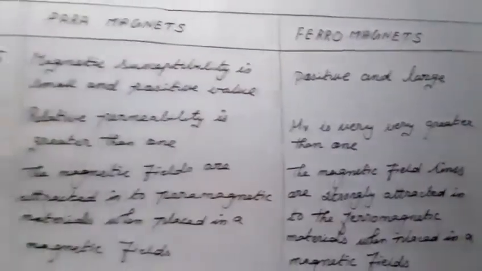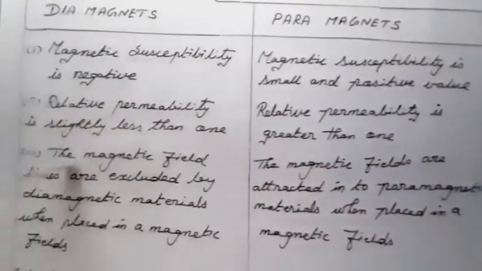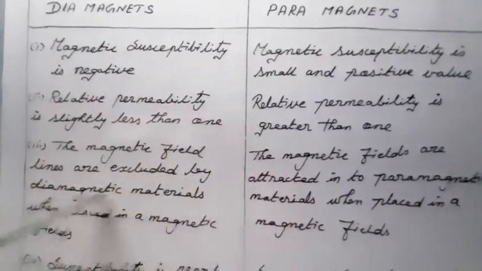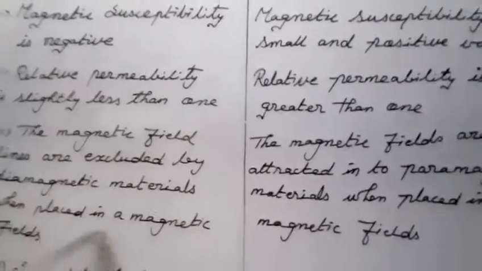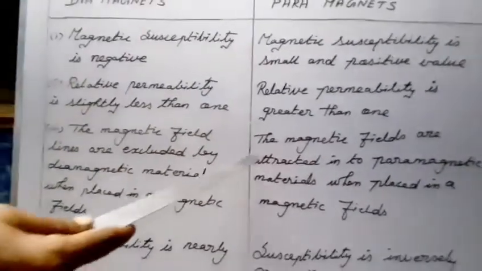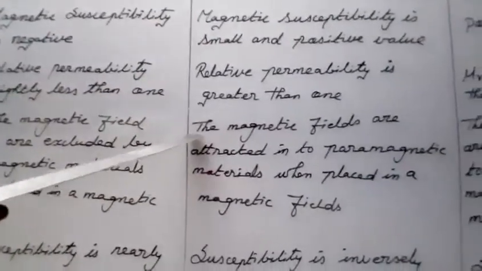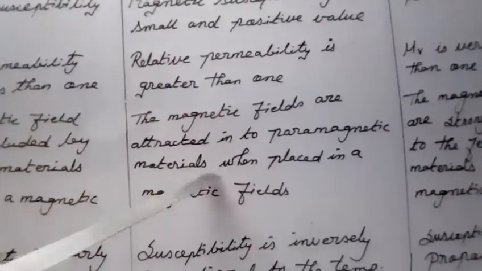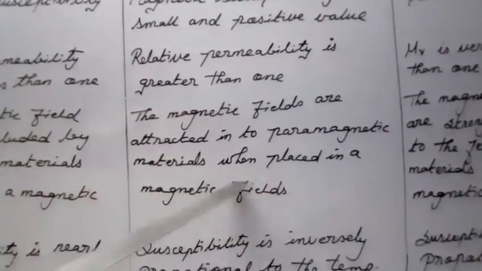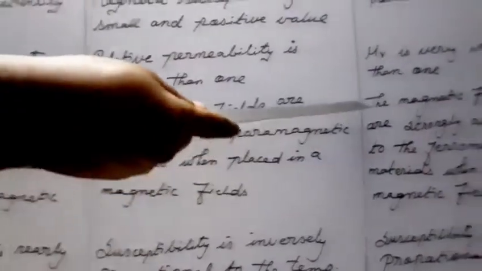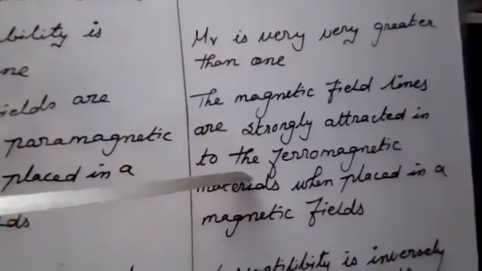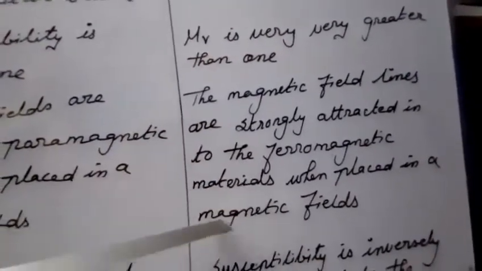And the third point: under diamagnets, the magnetic field lines are excluded by the diamagnetic materials when placed in a magnetic field. Under paramagnets, the third point is the magnetic field lines are attracted into paramagnetic materials when placed in a magnetic field. And in ferromagnets, the magnetic field lines are strongly attracted into the ferromagnetic materials when placed in a